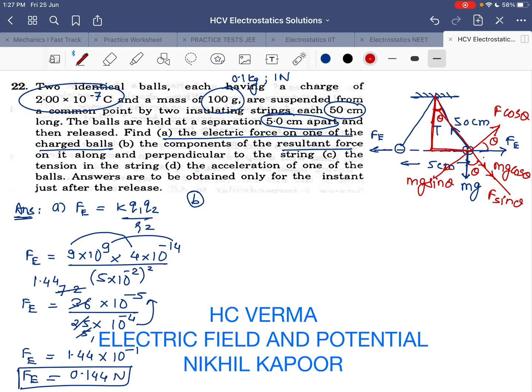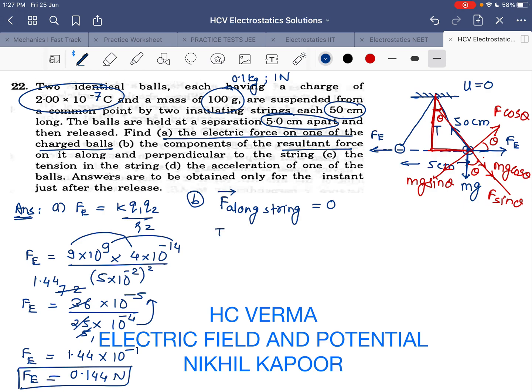Now as you can see, the ball is released, it means the ball is in a state of rest, initial velocity 0. So the tension in the upward direction, while along the string in the downward direction, these two forces, they are cancelling each other. As ball is at rest, there is no centripetal force, centripetal acceleration, because it is not moving. So in that case, I can say the net force along string is equal to 0, because ball is in a state of rest.